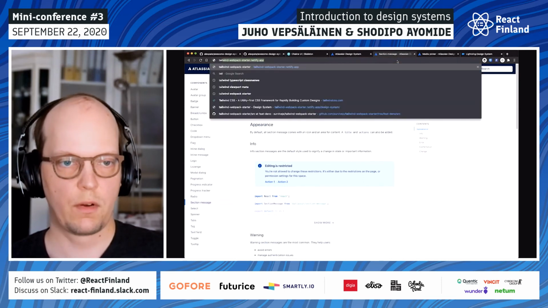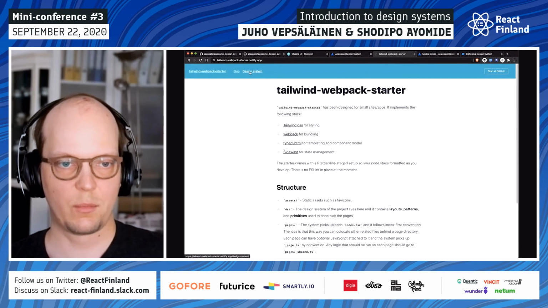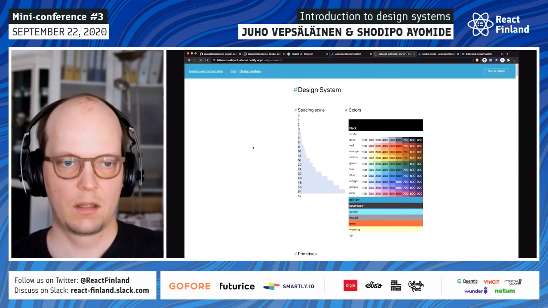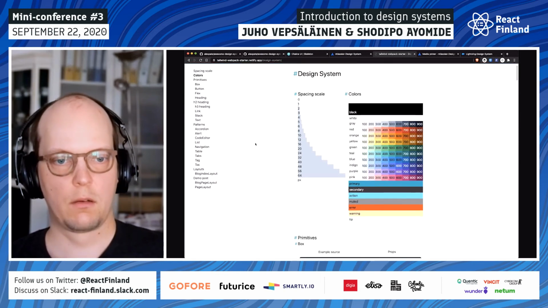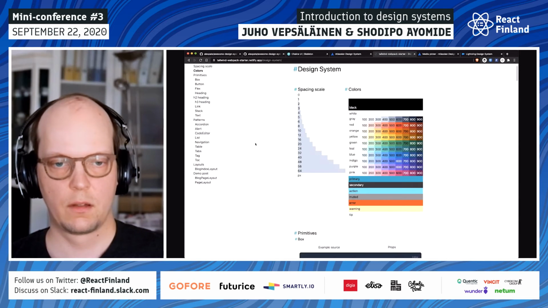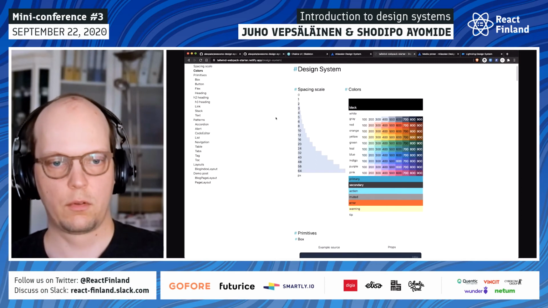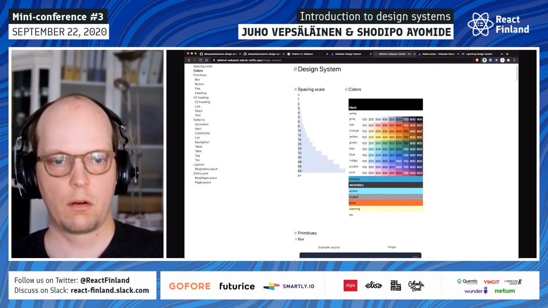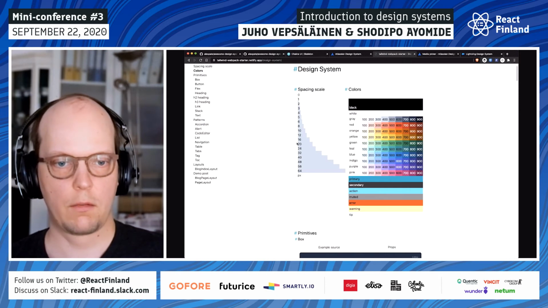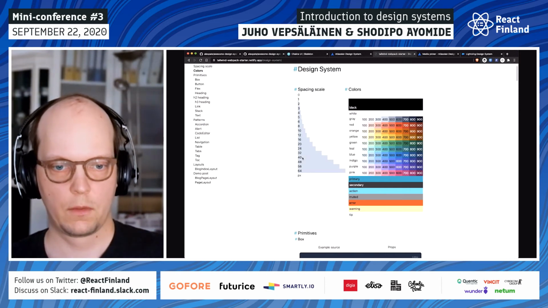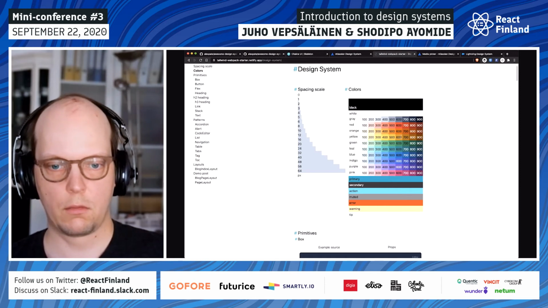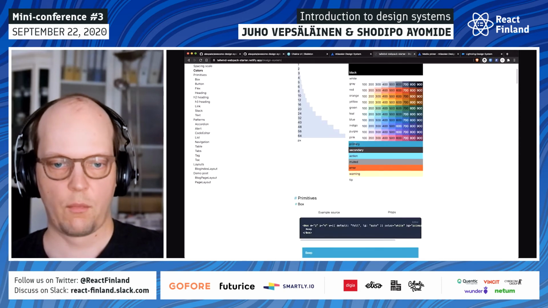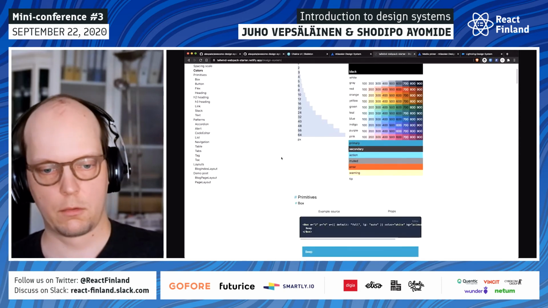Actually, maybe I show you what I did. It's still work in progress, but I'm doing my own design system. It's more like a component system still. It doesn't have enough for me to call it a full design system, but it's a start. I'm showing it because you see my thinking and the terms and how they repeat. Here I have a scale for spacing, so some number maps to some value. Then you have colors. You have different oranges and blues and whatever. You have primary, secondary color, action color, and so on.